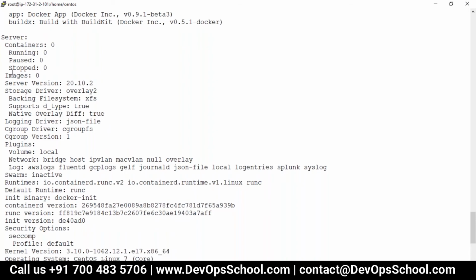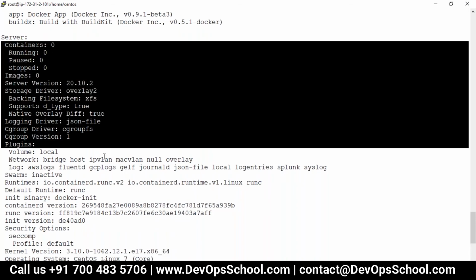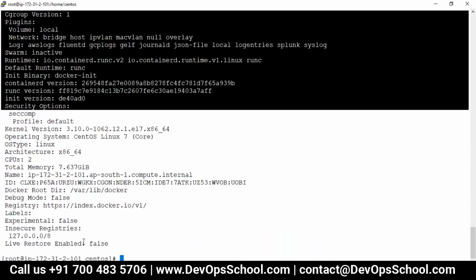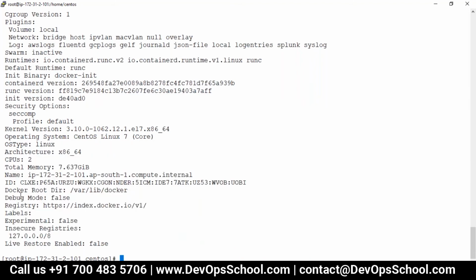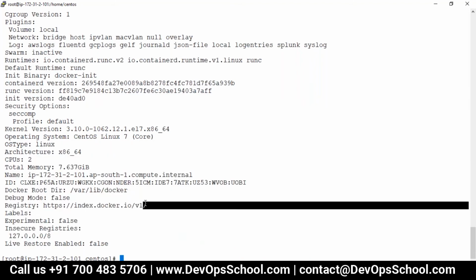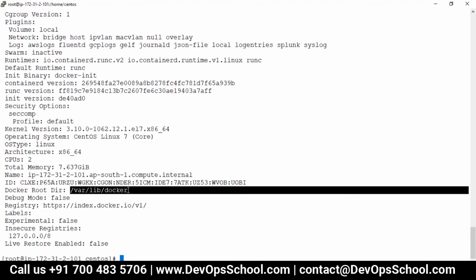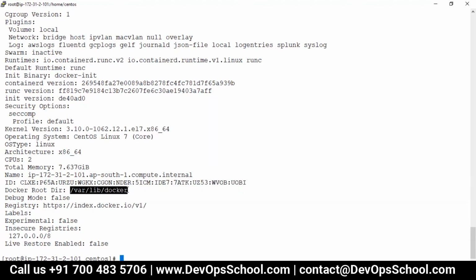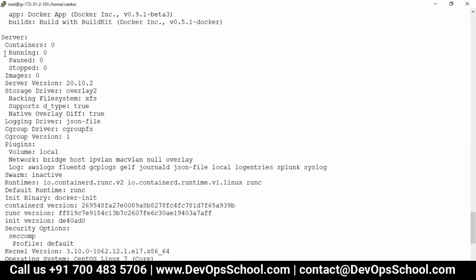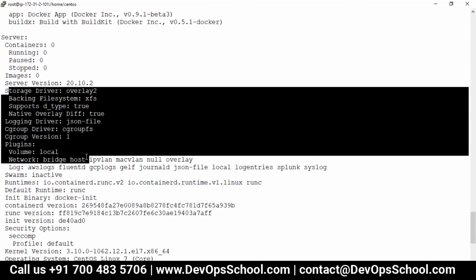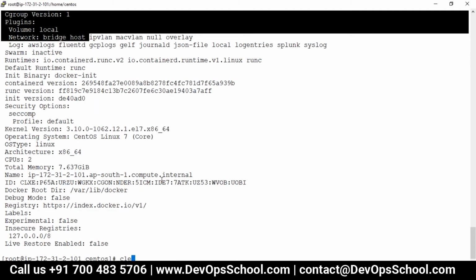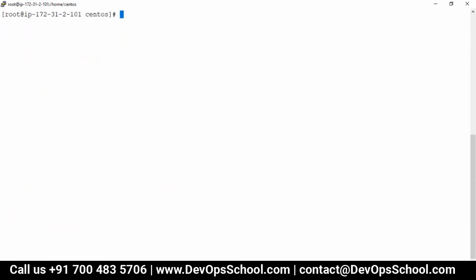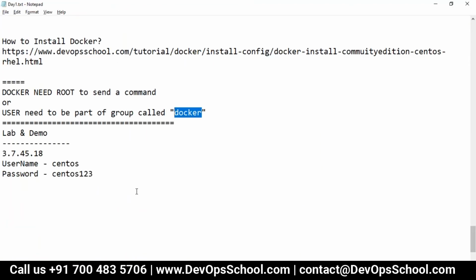And one more thing, whether you understand it or not, please go through all these command outputs and make yourself comfortable. For example, this is the hub.docker.com registry, Docker root, local registry locations and many other stuff you can find inside this location, some statistics and stuff like that. Now I just ran these commands to install the Docker.